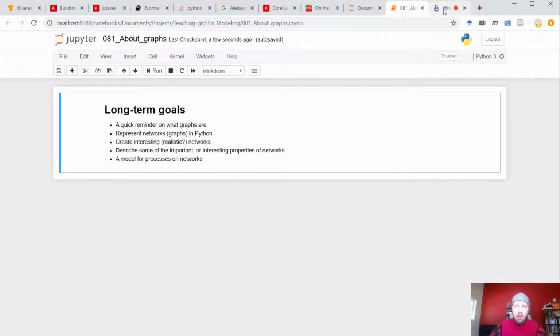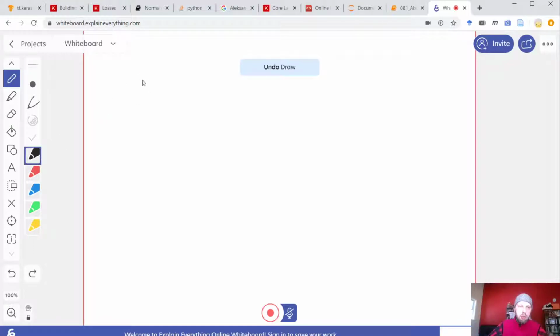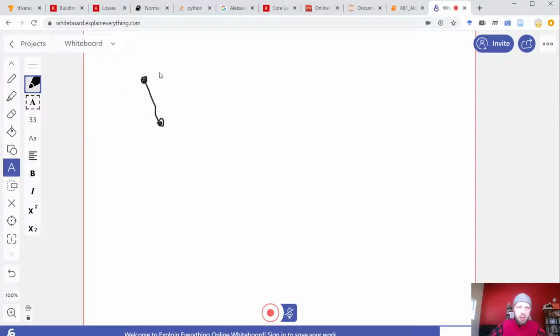So let's go and talk about graphs. What are graphs? A graph is an abstract mathematical concept that's usually easy to draw. That's what's nice about them. It's a bunch of points that can either be connected to each other or not. So this is, for example, a graph. This graph has 2 points, and the official name is nodes or vertices. So this is a node or a vertex.